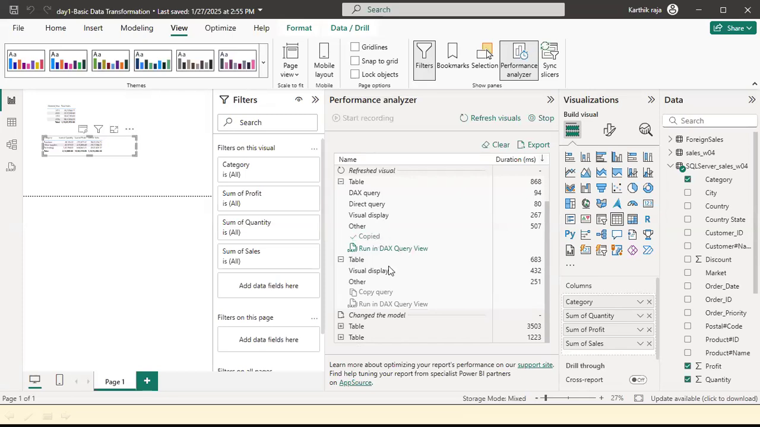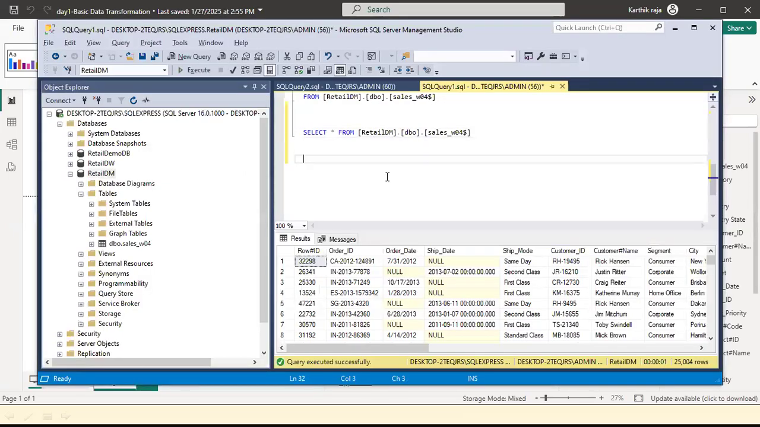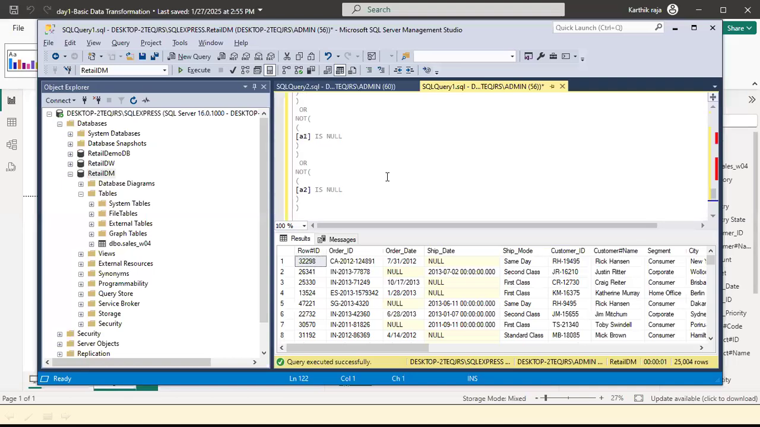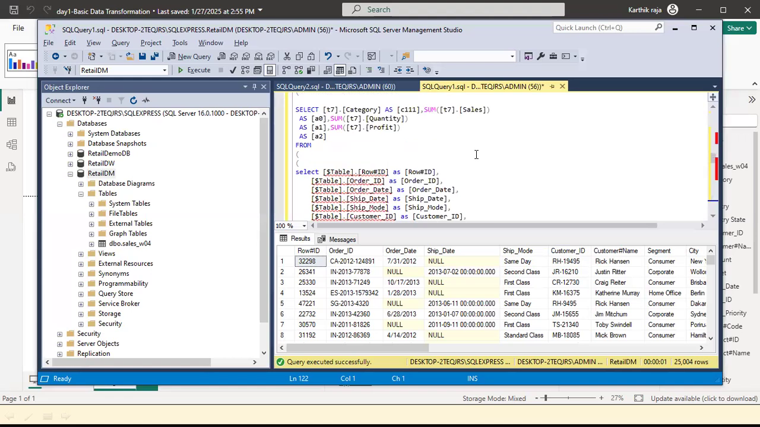Copy query. When I click on the copy query here, and then I go to my SQL server, or some notepad also, I can put it. I just paste it. Look here, this is the query generated by Power BI Desktop,